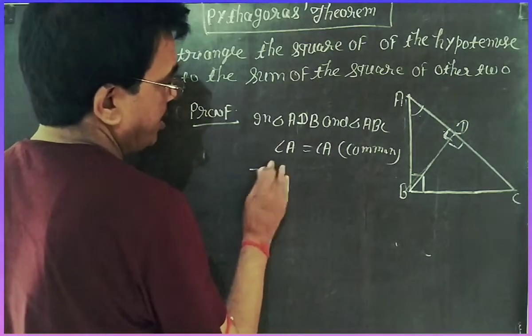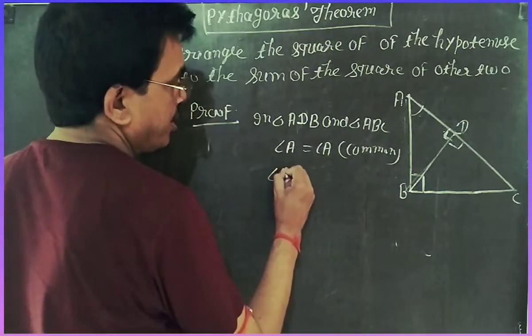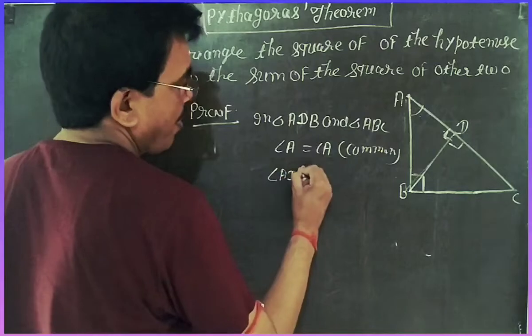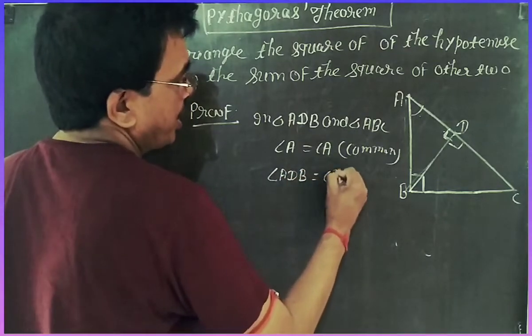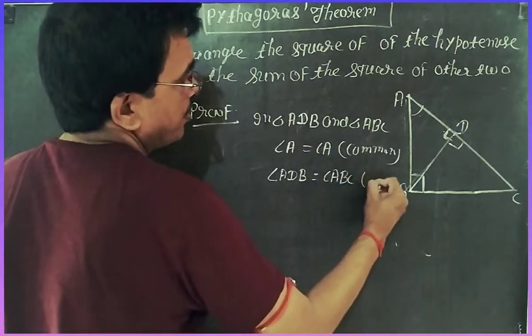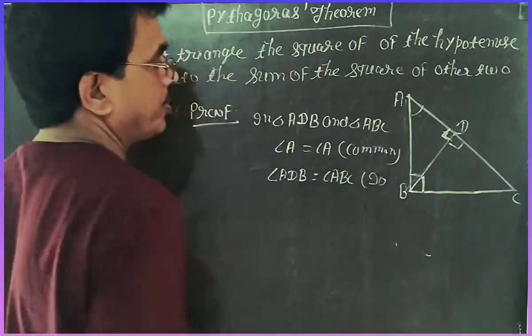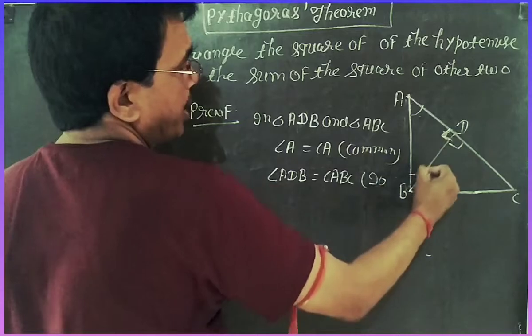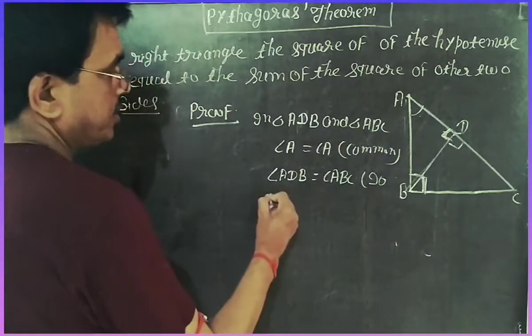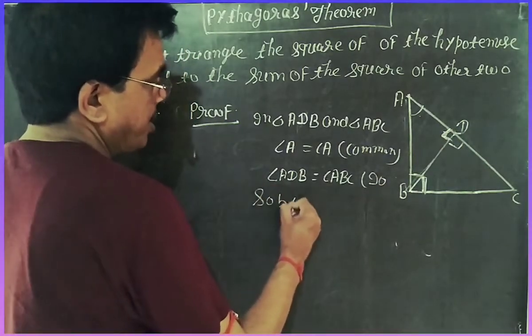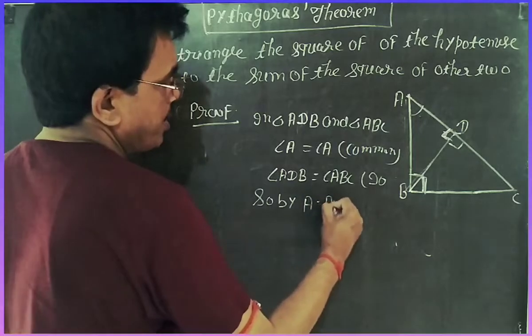Second, you write angle ADB is equal to angle ABC. Both are 90. ADB and ABC both are 90. One in a small triangle, another in large triangle. So, by AA similarity,